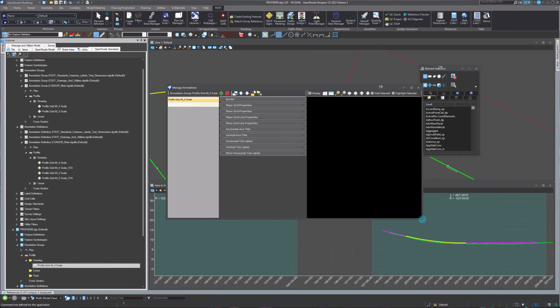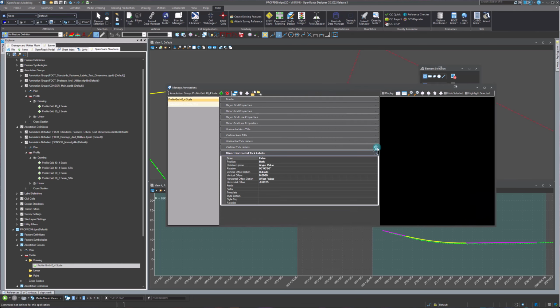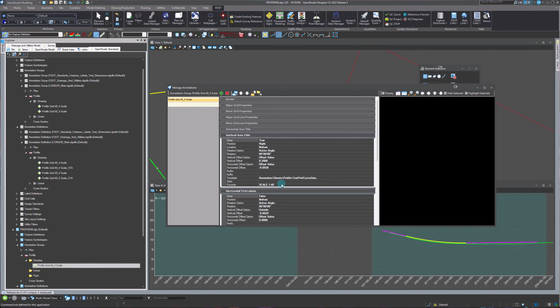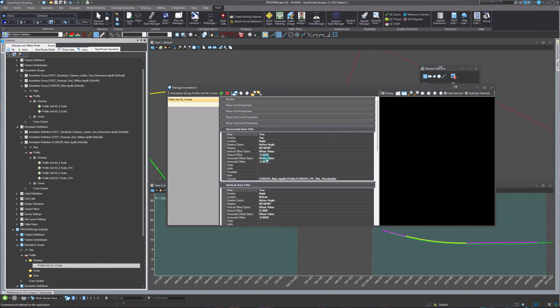So there's a couple things in here that we want to take a look at. I don't think I have any favorites set up. I'm pretty sure this is all pretty standard. So I've got my vertical axis title here. I've got a favorite here for my scale, 1:40, so that'll just put that 1:40 scale in there. And then I've got my profile title placeholder, and you'll see what happens when you do that. Ideally, instead of using this text favorite, which would just be telling you what alignment we're looking at when we create the profile sheet,